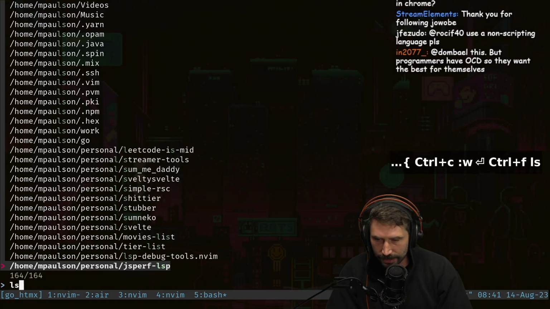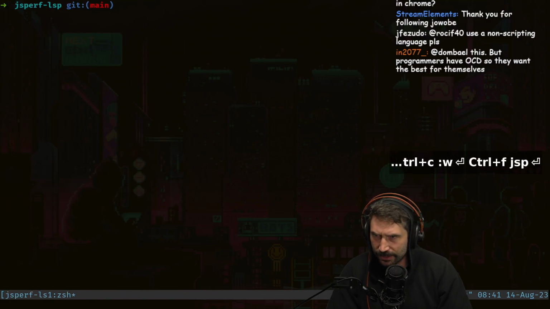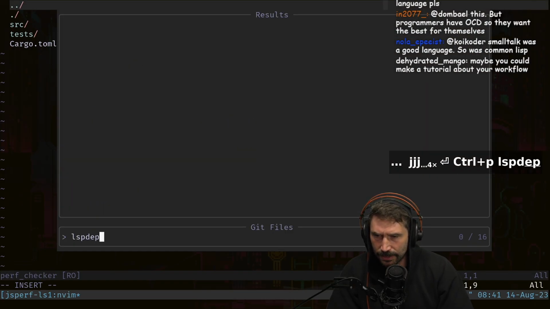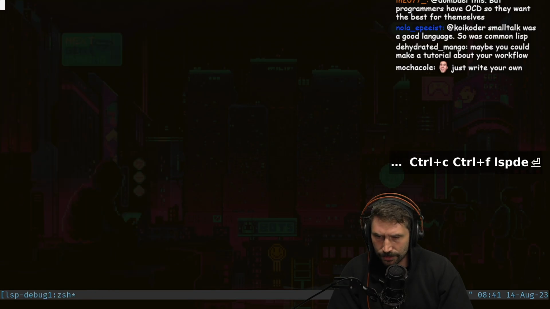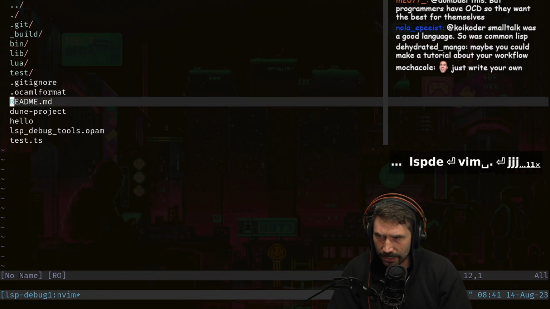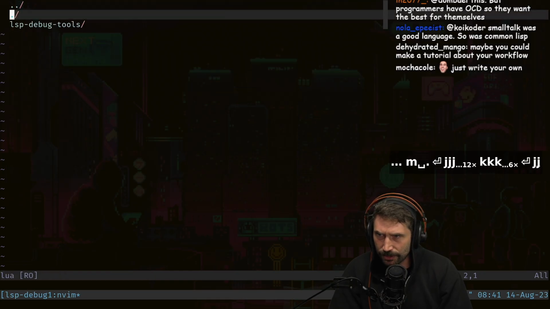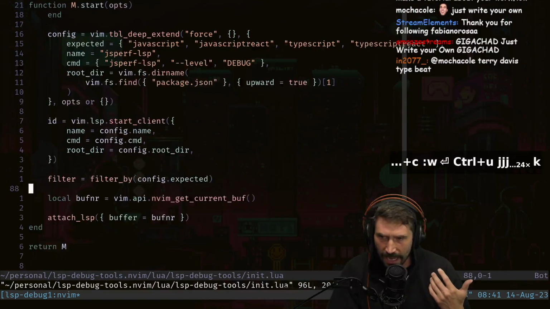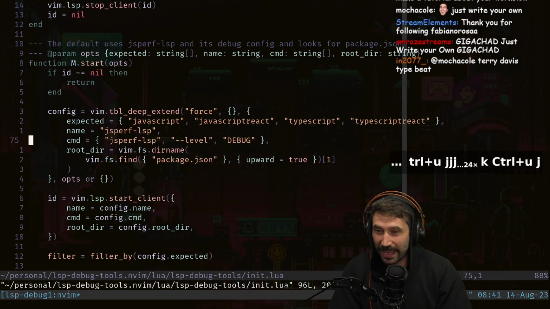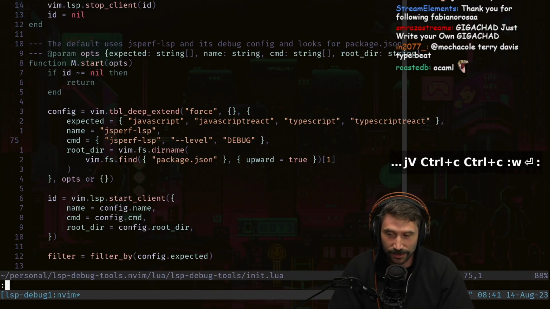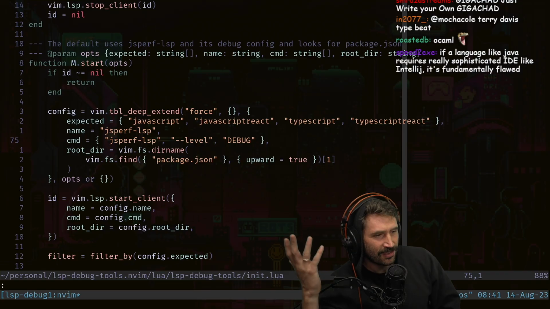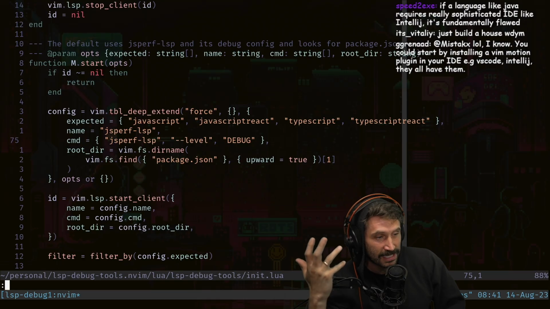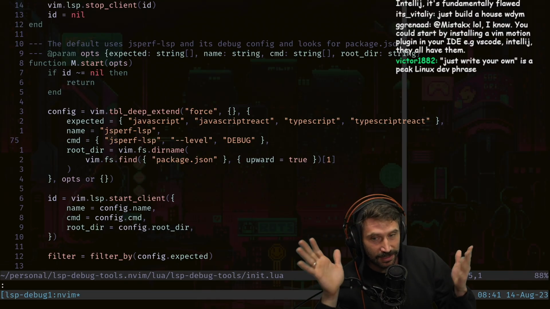I've been really enjoying doing, here, JSPerf. Is it inside JSPerf? Do I have it inside JSPerf? Hold on. No, I don't have it inside of JSPerf. What is it? LSP debug tools. Right here, I have this as kind of like a little, you can just get going. But if I go into Lua LSP init, I can go in here and I have something that just inits my LSP for me and does everything to the level I want it to, passing in command line arguments that I want to. This is built for my project, so I can restart. While I'm building an LSP, this allows me to have a quick utility to attach to every buffer and to restart my LSP whenever I want, because I'm developing more than one LSP at this point, that I really like having this tool.